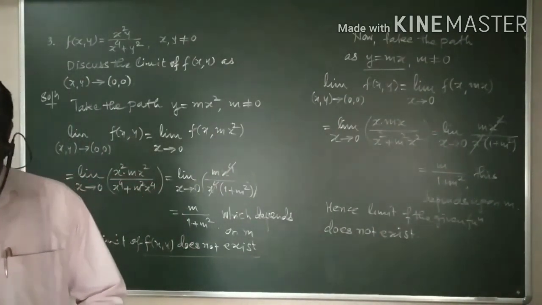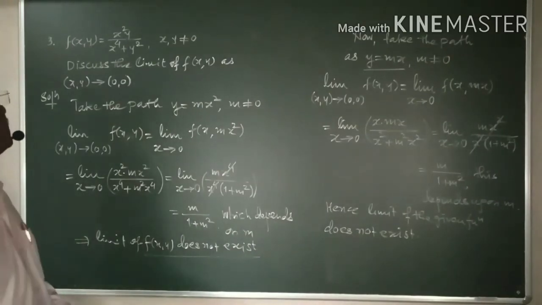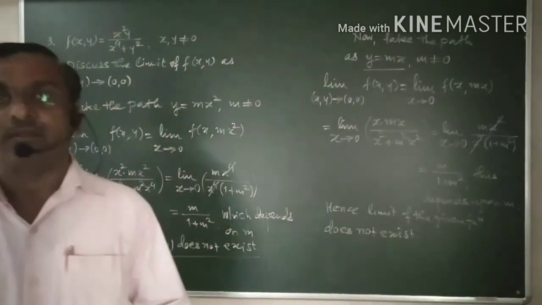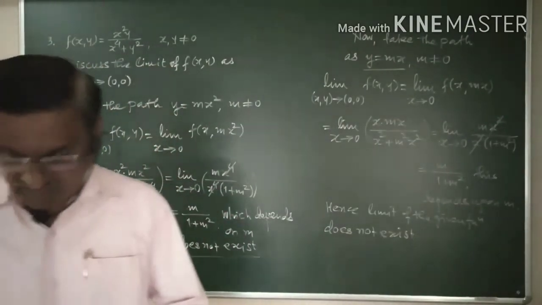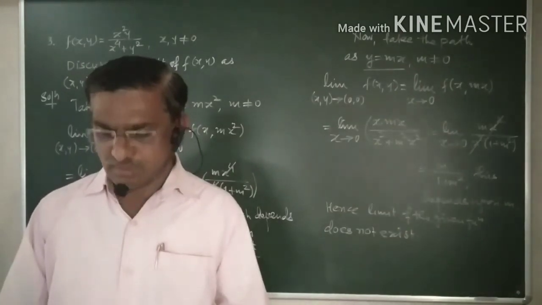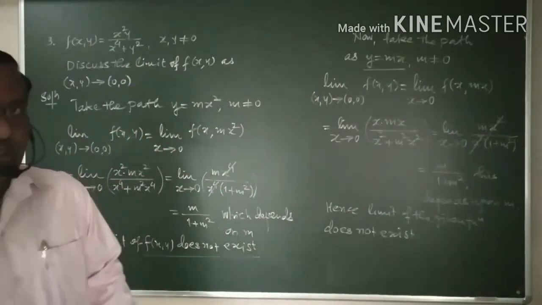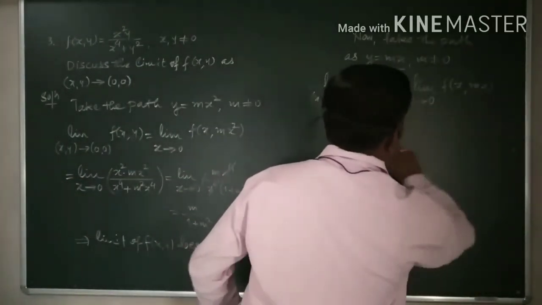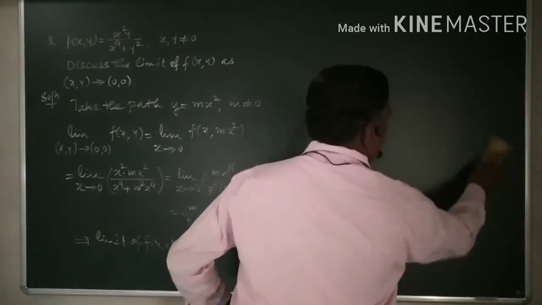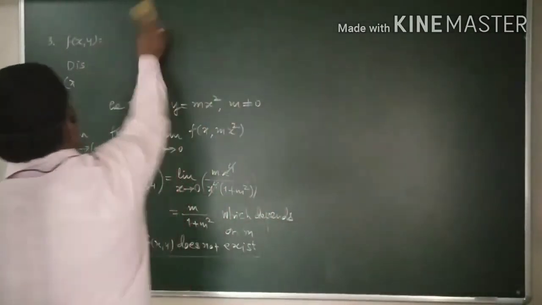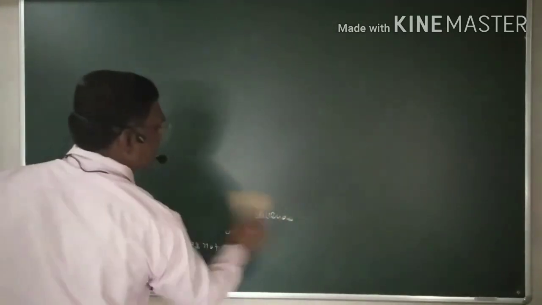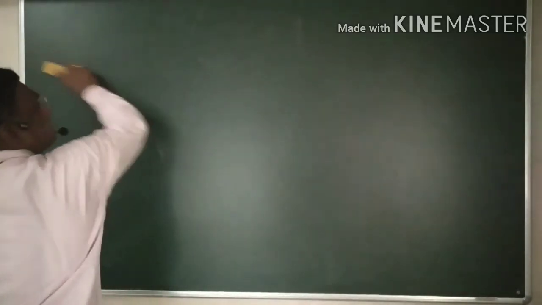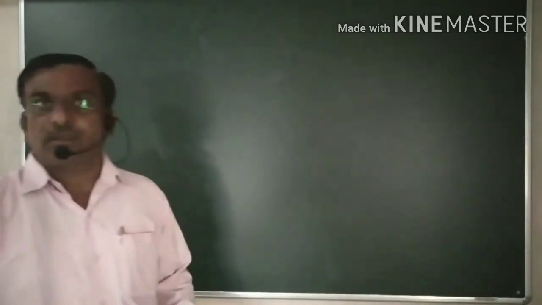Now I think these three examples are sufficient to understand the concept of the limit of a function along a path. Now let me go for the next concept or next point as far as the limit of a function of two or more variables is concerned, which is that actually this you have learned in